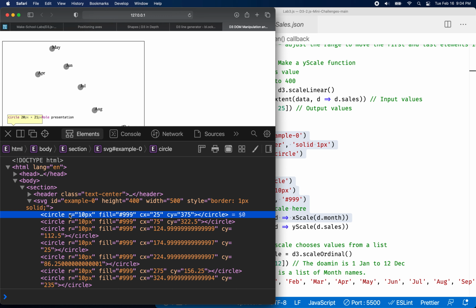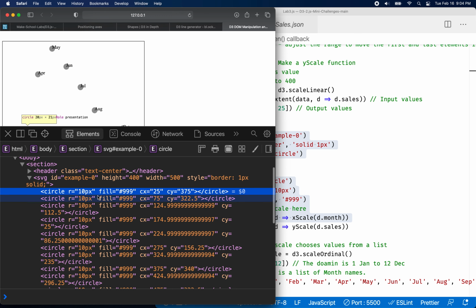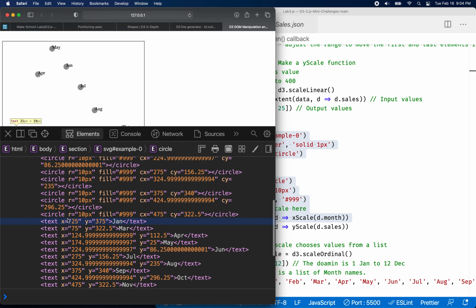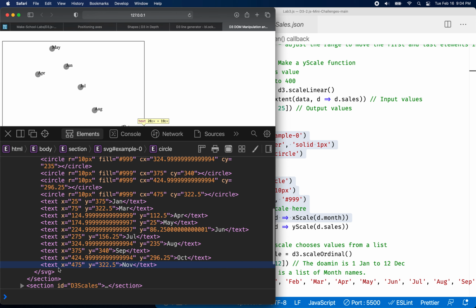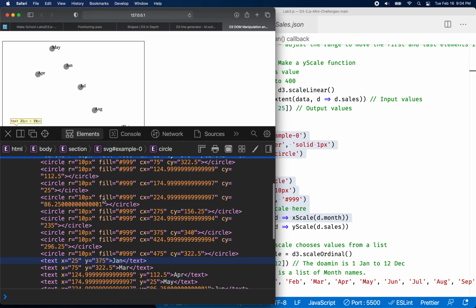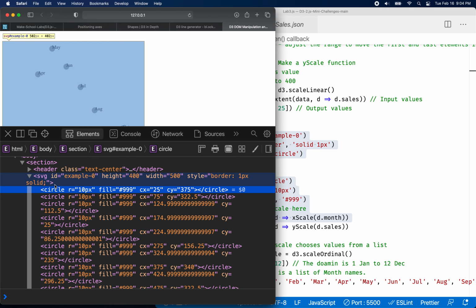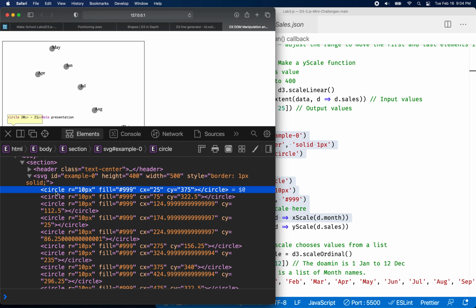So it's got a tag with some attributes, and there's 10 of these because we have 10 data points, right? And then below that, there's 10 text elements, right? And every text element is the same. It's a tag with some attributes, okay? The attributes are the values inside the opening tag, okay? If we look at the circle, we can see that to describe a circle,